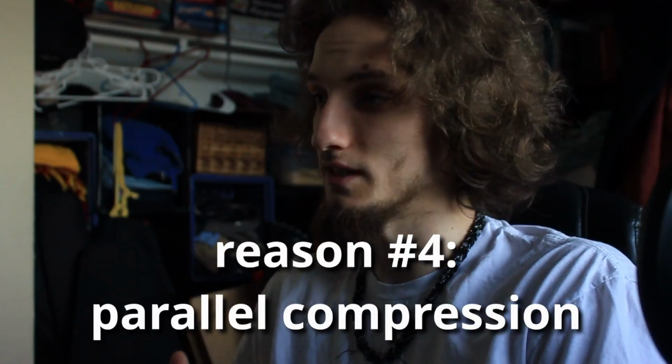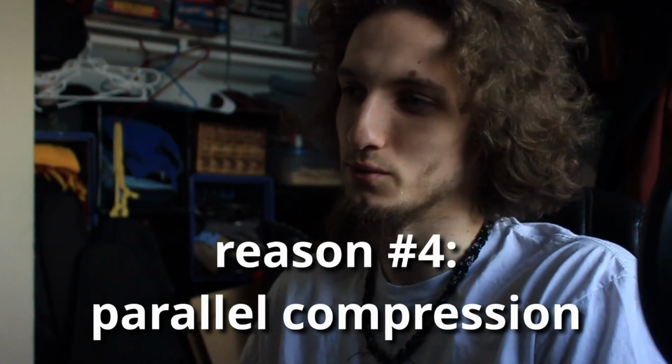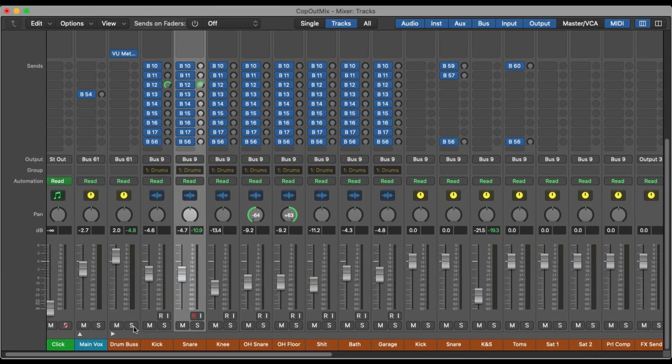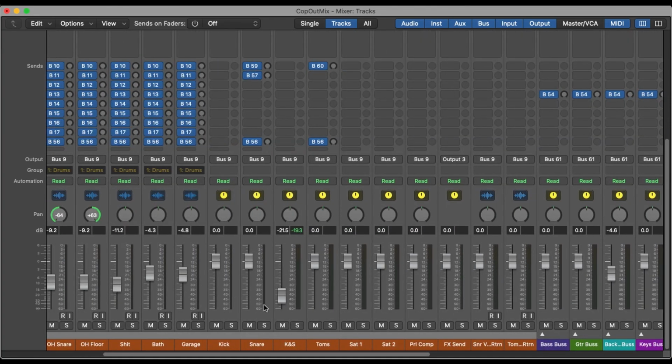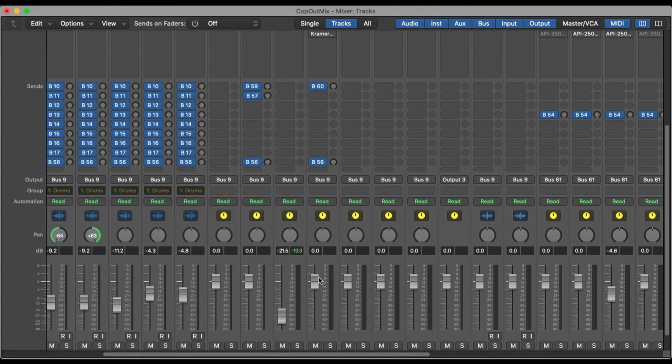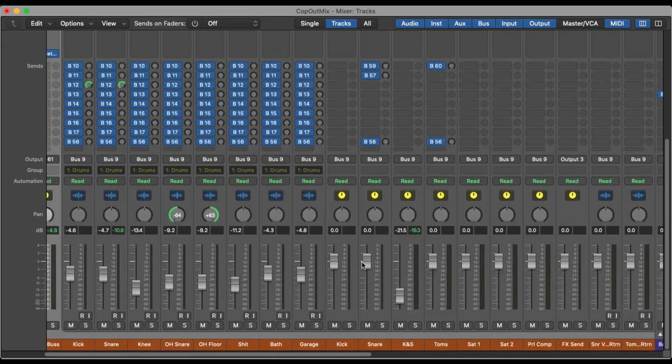This is a very common technique as well. Actually, all these are common techniques. That's the whole point, is that they're common reasons why you would compress your drums. You can see here within my drum bus folder, I have all of these buses already laid out with their sends. They're not all being sent anywhere yet, but I have this set up as part of my template